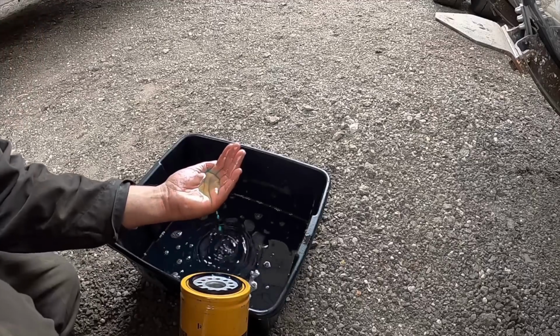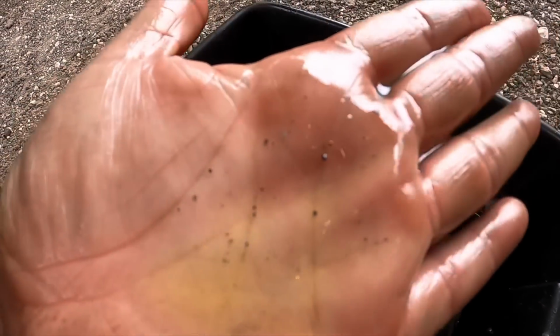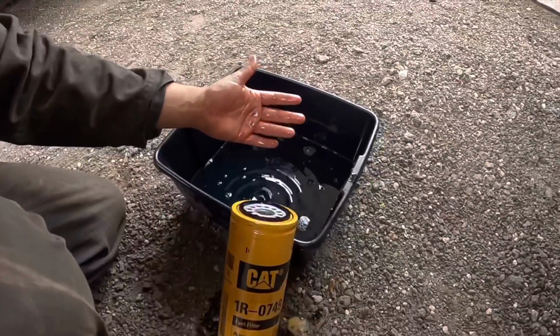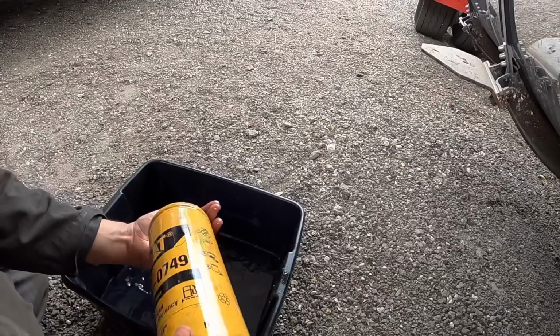Yeah, that feels pretty dirty. Look at that. So think about it. If I was to just change my filters every oil change,